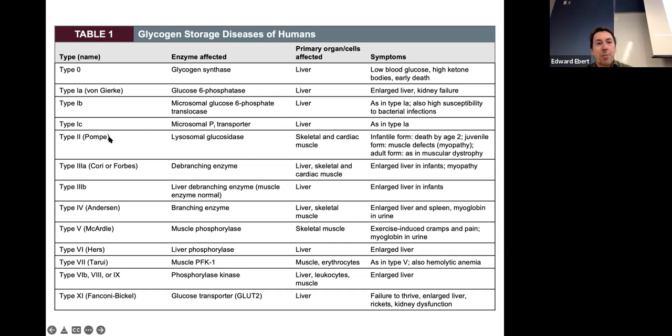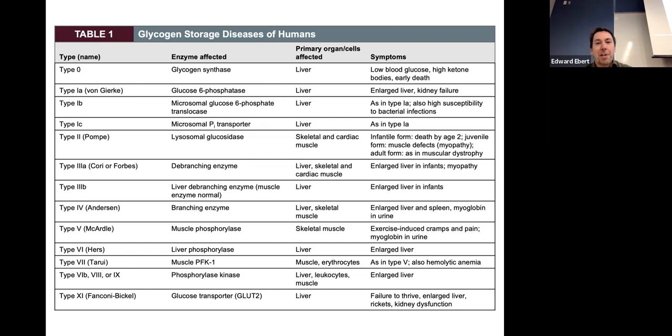Pompe's disease is not terribly uncommon. Cori disease is out there, but some of these, like Hers or Tarui, you almost never see. They're just various in there. I do like to pull case studies from that national database of rare diseases. So we will look at some of these glycogen storage diseases. You can see we have a dozen easily of these. And typically you'll see things like enlarged liver,